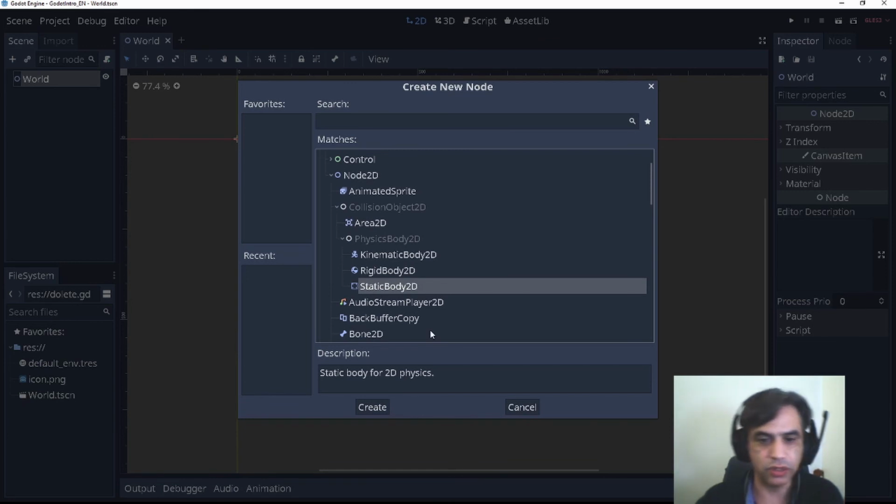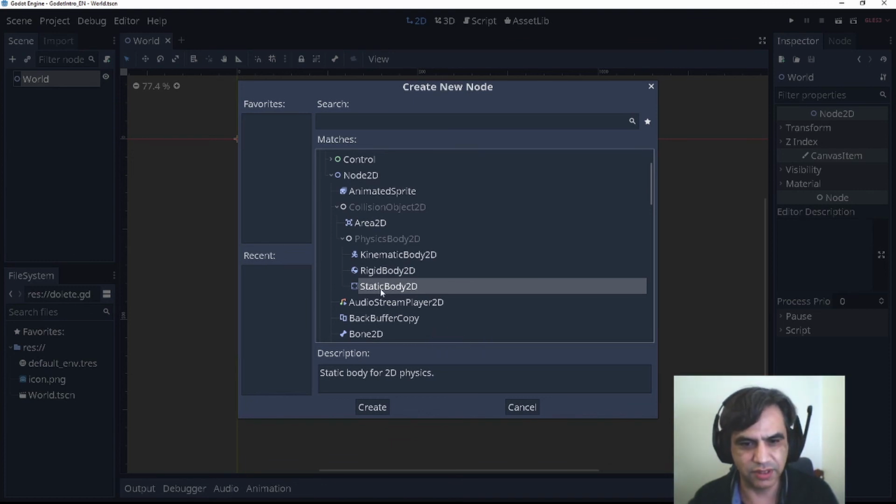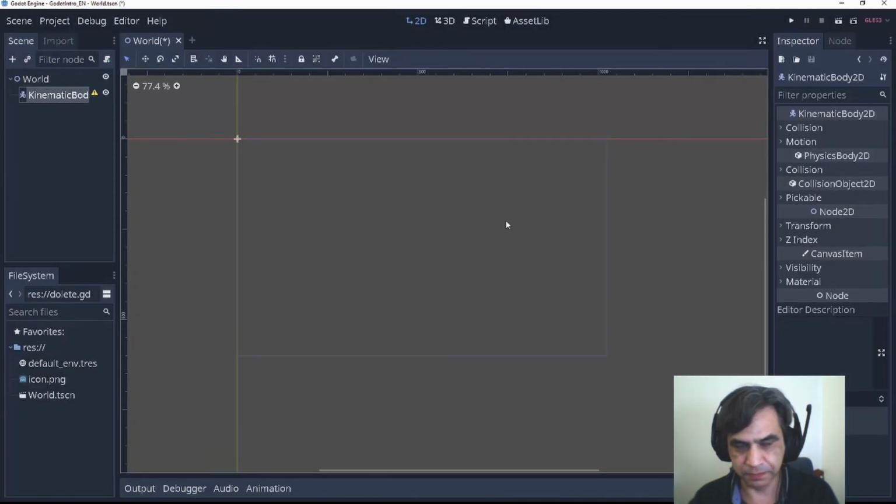The static body is something that doesn't move. Well, it can move, but normally it's not meant to be given speeds. So let's start with kinematic body. And actually I'm going to do something different from last time.